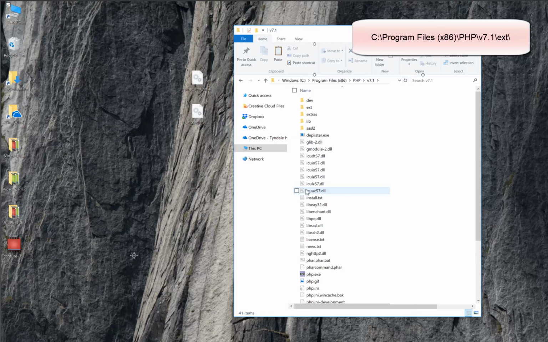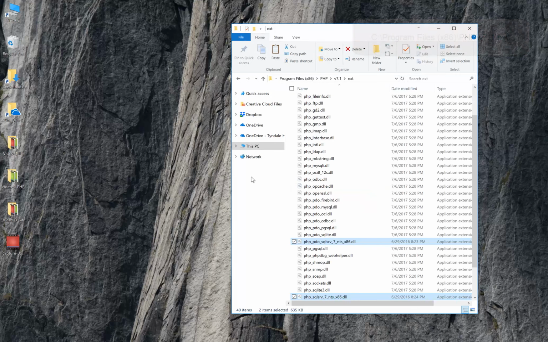Once we identify these two files, what we need to do is store them in the PHP extension folder. That could be done in C, I believe Program Files x86, and then PHP, using 7.1, and then the ext folder. And let's just drop those in here. Okay, so now that the DLL files are in the PHP extension folder in the version that you want to use, in my case the 7.1 folder,